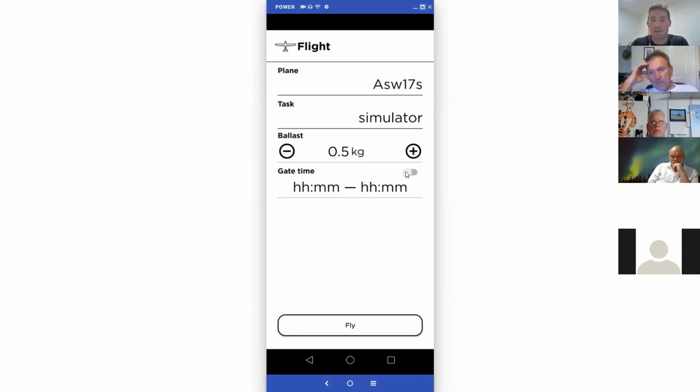So if you do not enable the gate time helper, you will only get the UTC time, which will be shown always on top left side. And you have to know when the gate time is open and when the gate time will close. If you enter the value here when the gate time is open and when the gate time is closed,